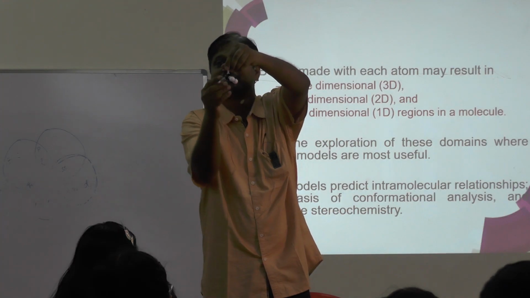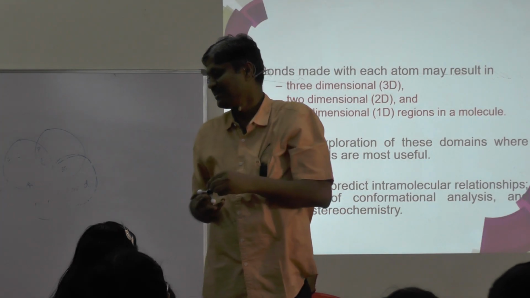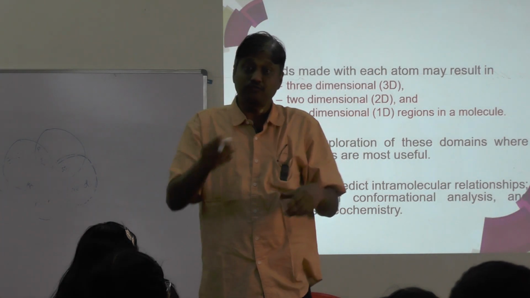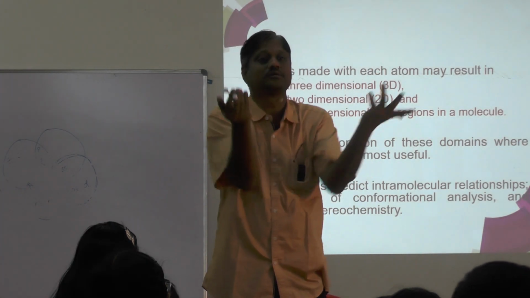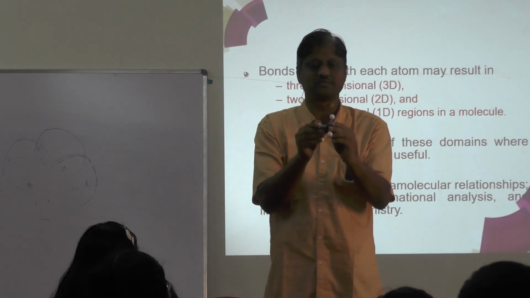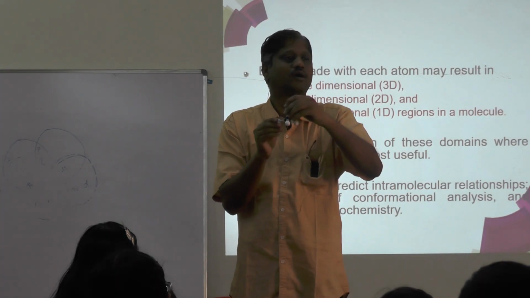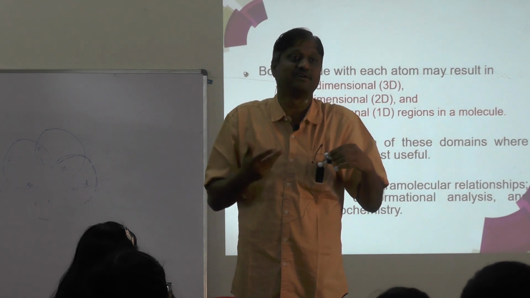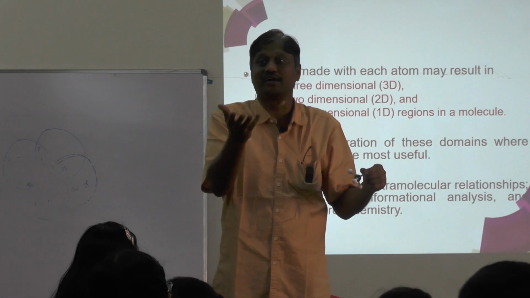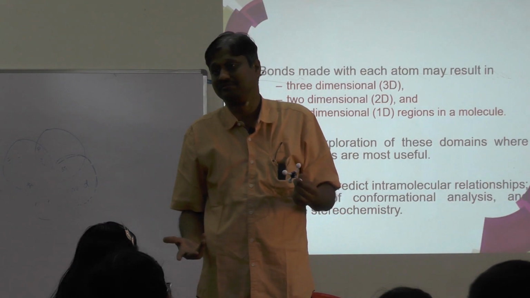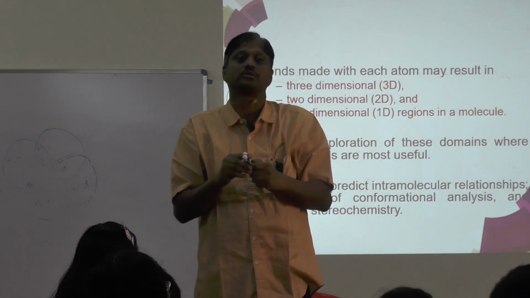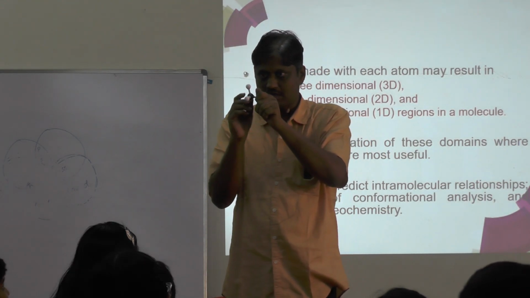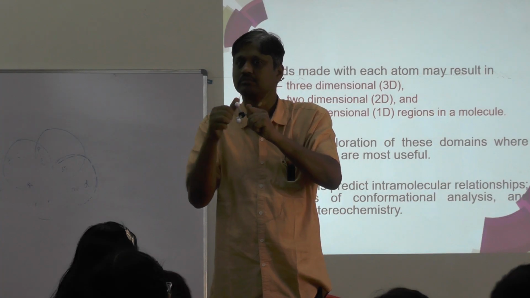Because rotation is possible. Single bond rotation is possible. You can visualize how the energy is there, how the rotation is possible. If it is triple bonded, rotation is not possible. But methane is free to rotate. Very happily, whatever energy is given, it will rotate like this. Why would I have to make high velocity? It will rotate by itself. Why would I make high velocity above and lower velocity at the bottom? So this is the property. So bonding, three-dimensional structure, this rotational freedom,